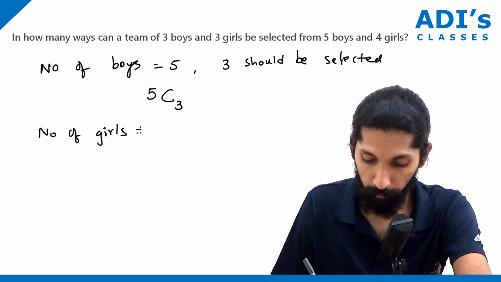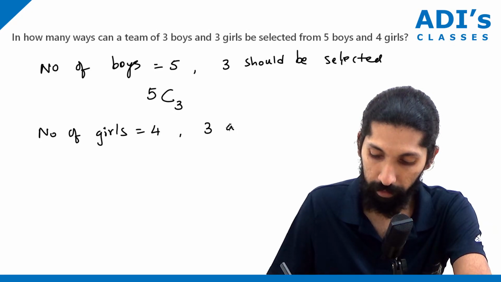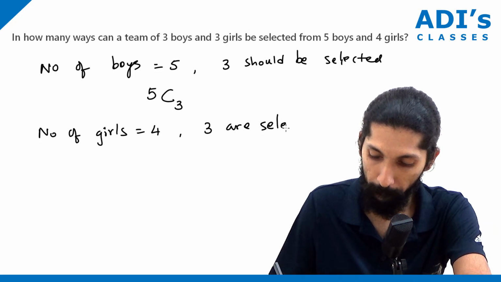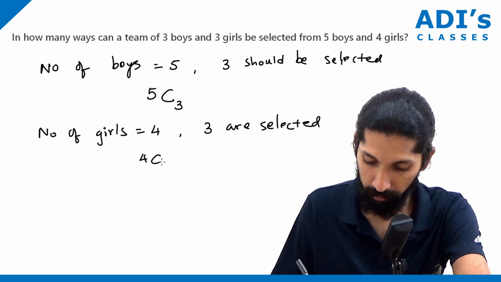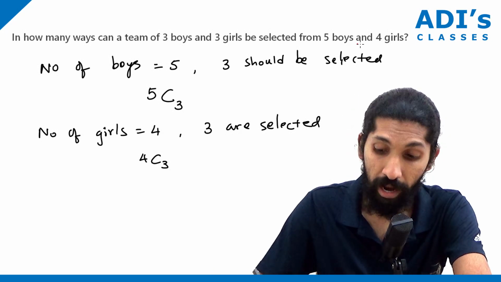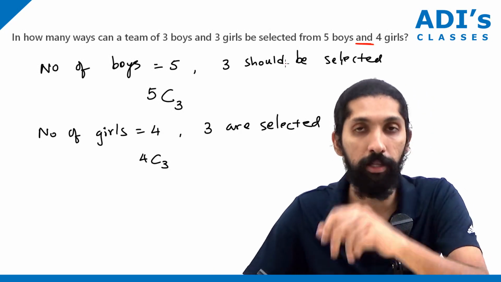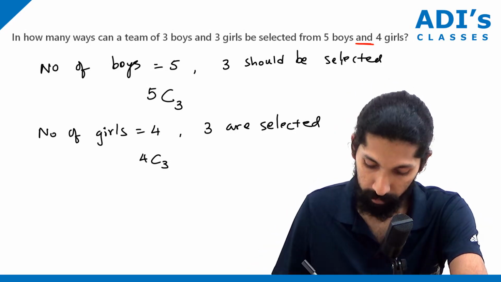The number of girls is equal to 4, and 3 are selected. So what do you get? 4C3. Now a key point here is this word "and." And is always multiplication. So we get 5C3